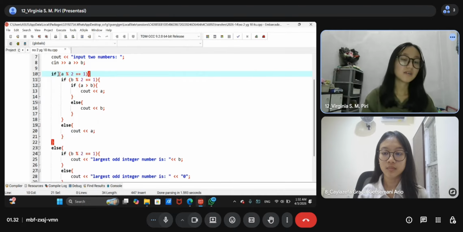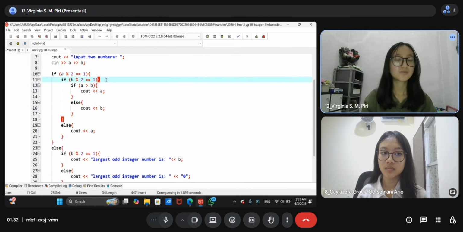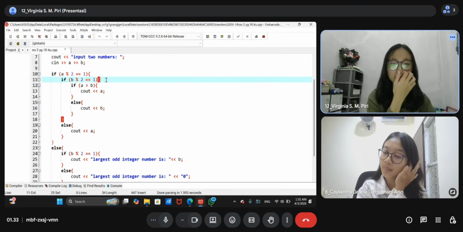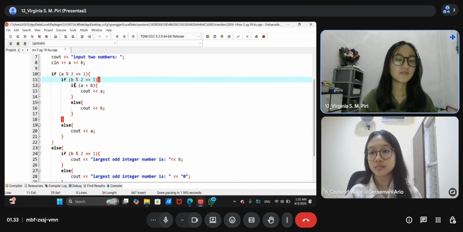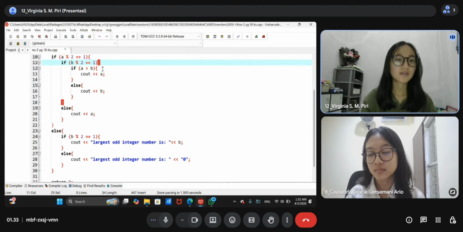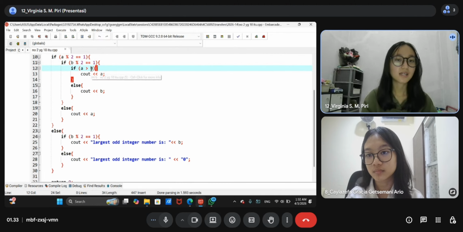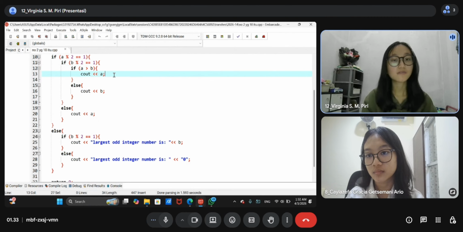So we read it: if a modulo 2 equals 1, then we continue to the next part. If b modulo 2 equals 1, then we continue again: if a is larger than b, it will give the output A.